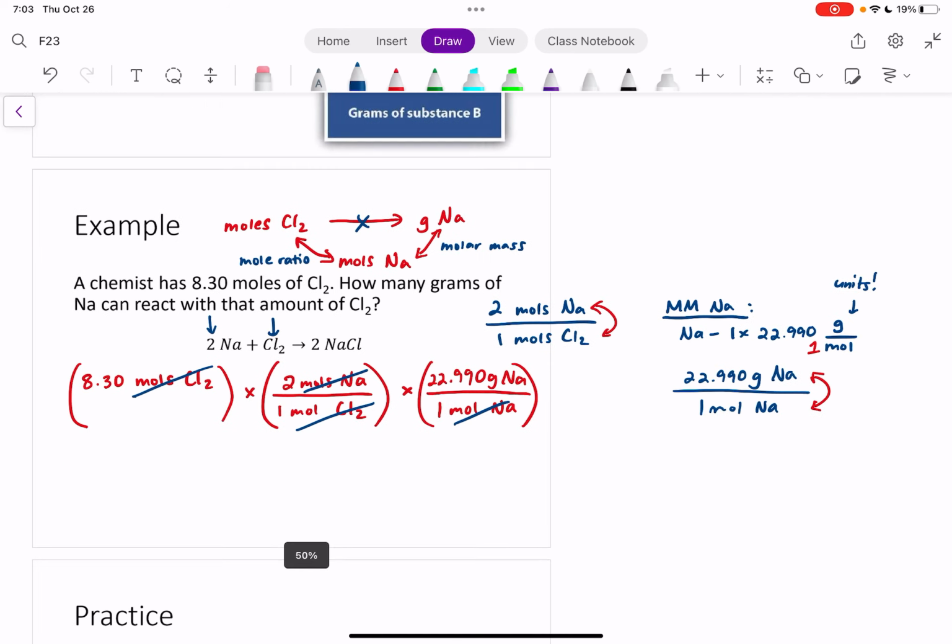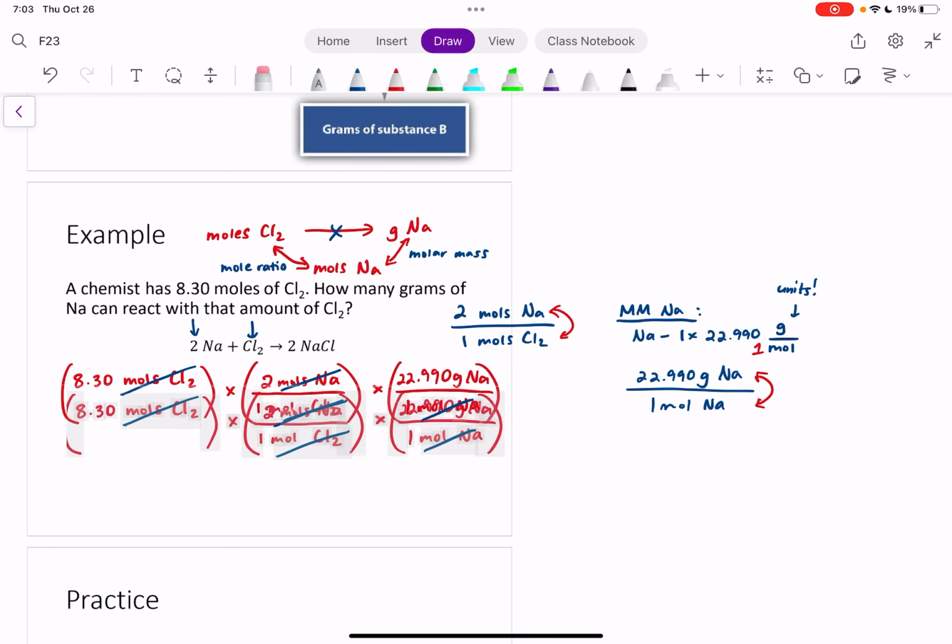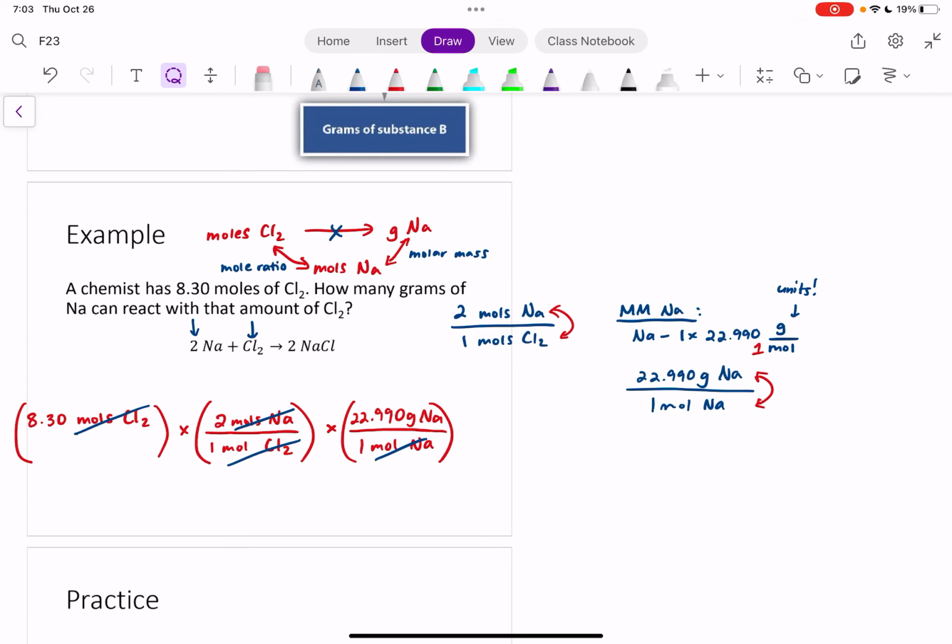I'm just zooming out here. Actually, let me scoot this over a bit. I have a little bit more room here. And now we got to do that calculation. So we're going to multiply everything on the top and then divide by the product of everything on the bottom. Okay, so 8.30 times 2 times 22.990. And then looks like that's just divided by 1, so we don't have to even do that. So we got 381.634